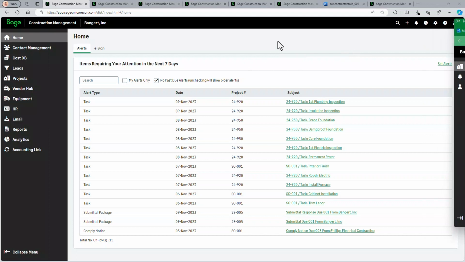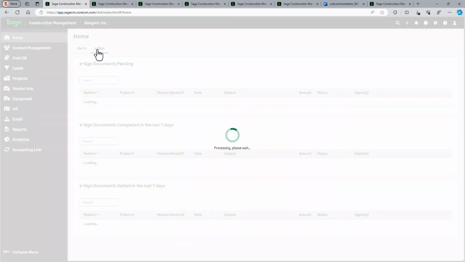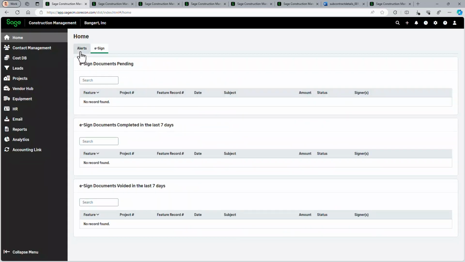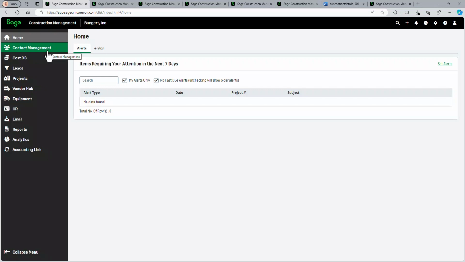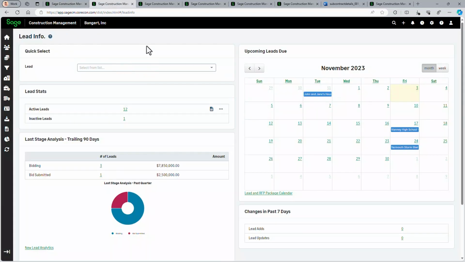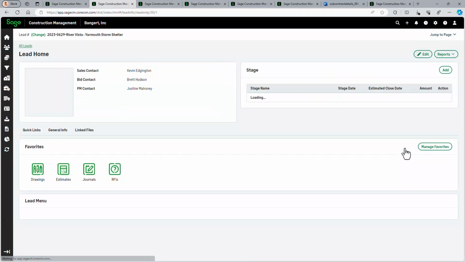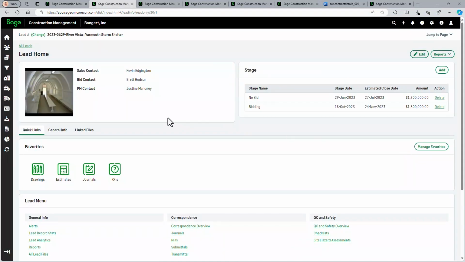When you sign into Sage Construction Management, you get an alert screen showing you things that need your attention, as well as documents that have been routed to you for e-signing. The different areas of Sage Construction Management include a leads section where you can manage upcoming bids, invitations to bid, build estimates, and collaborate with subs that are working with you on a project.